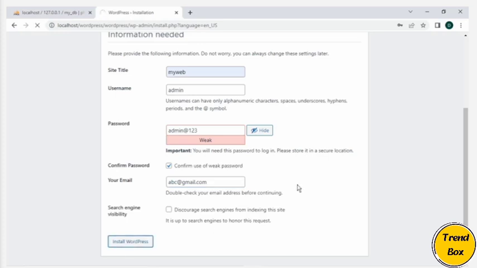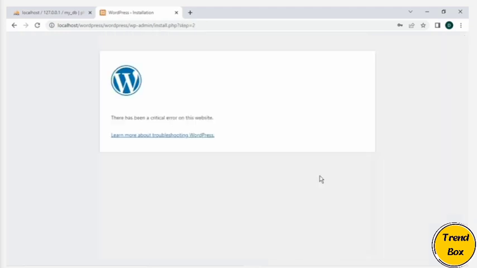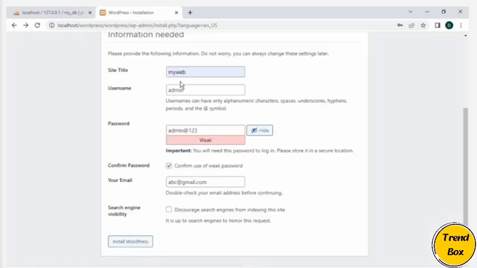Once we install WordPress, this process has completed. It will show me my themes or dashboard of our WordPress. So this is showing me an error. So we'll change this title because we have already created this title. We'll create student.